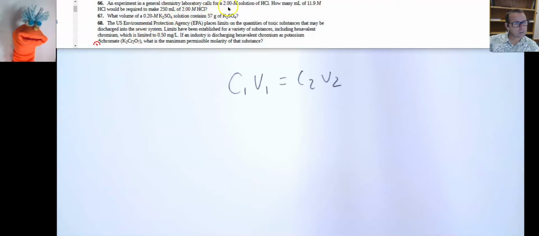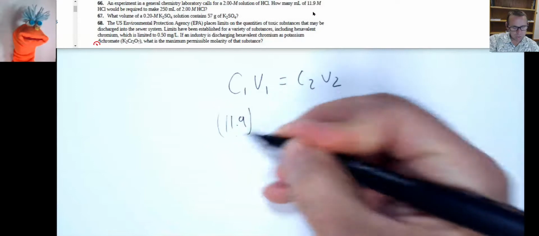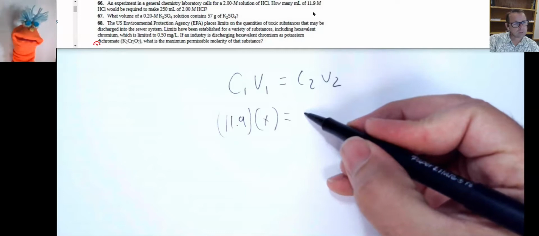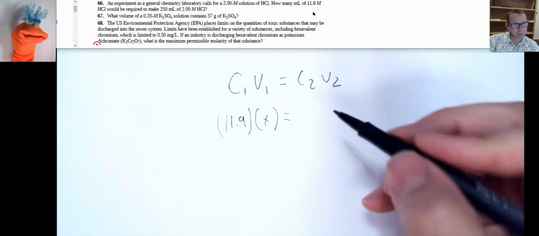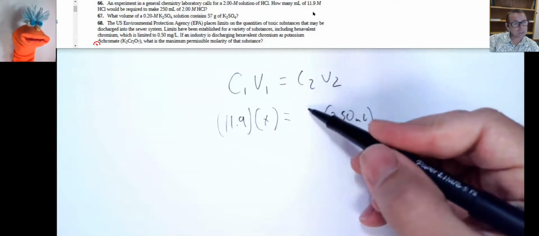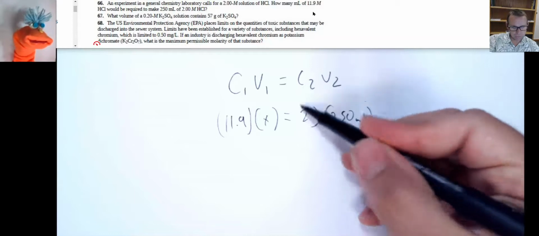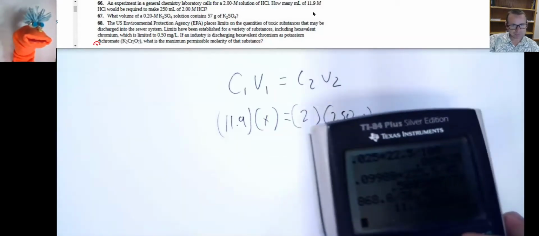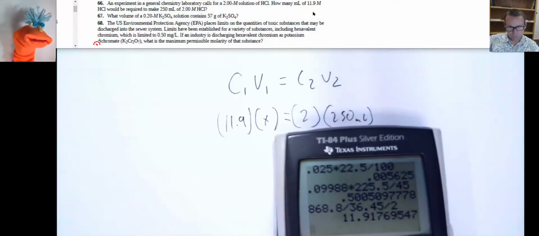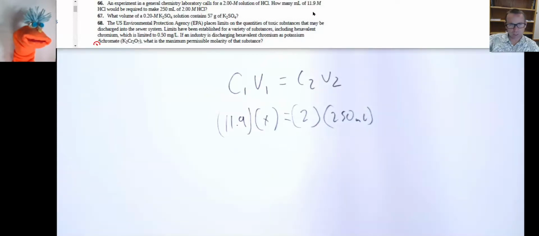So C1, my initial concentration, is my 11.9 because I'd like to know what volume of this I need to use to make my final volume. What's my final volume? 250 milliliters. And concentration is 2 molar, right? Okay, so 2 times 250, that's 500, divided by 11.9. So I got 42 milliliters of my concentrated